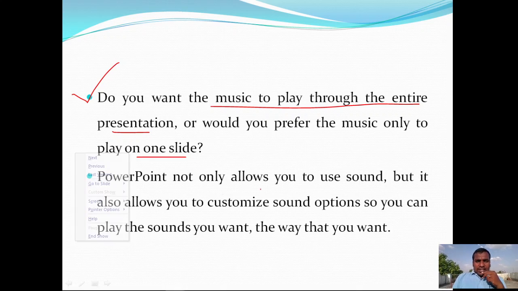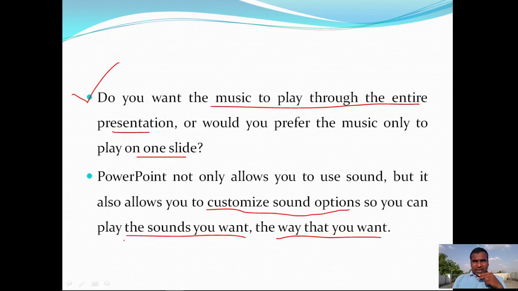PowerPoint not only allows you to use the sound, but it also allows you to customize sound options. Customization, in the sense, if you want to add your own sound, it is also possible. You can play the sounds whatever you want and the way that you want. Whether you want to play a particular sound repeatedly until the presentation ends, yes, it is possible.